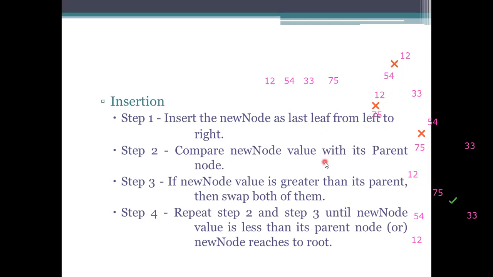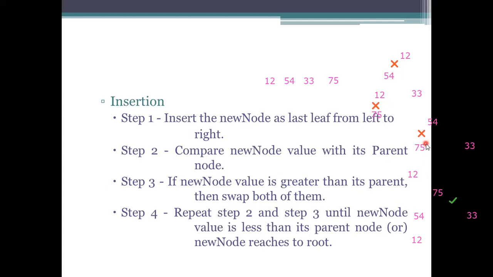And next, we need to compare the value with the root node. What is the value here? 75, and its parent value is 12. Then we need to swap these values here. If the new node value is greater than its parent, then we need to swap its places. So here we are swapping the values, and later in step 4,